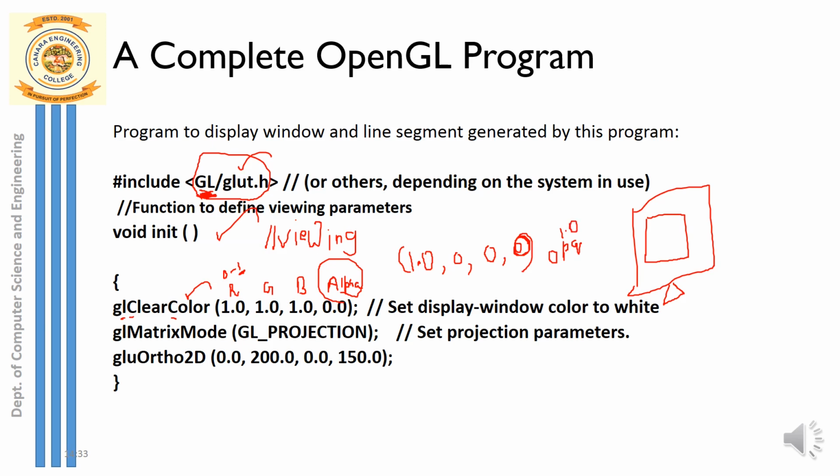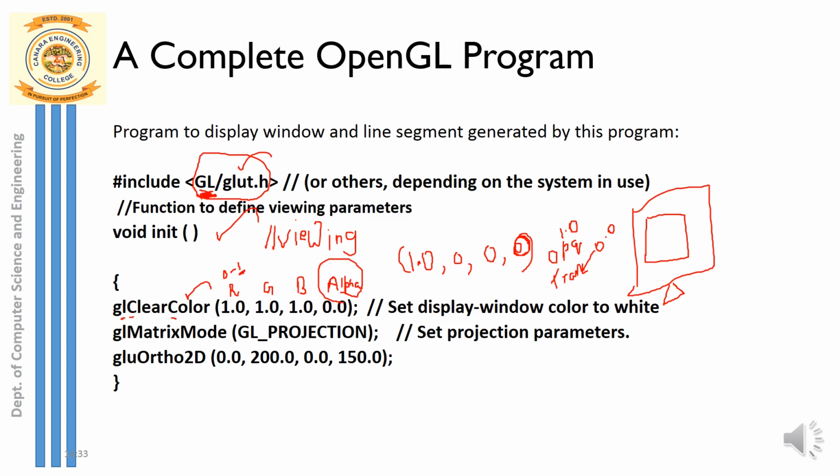Okay, if I want to have a background which is transparent, so what is transparent? If I have a glass type of wall which is a transparent wall, that transparency is indicated by alpha value 0. So the alpha value also will range from 0 to 1. If the alpha value is 0, it indicates the transparent background, and if the alpha value is 1, it indicates the opaque background. So here the clear color indicates the setting of color to the background.